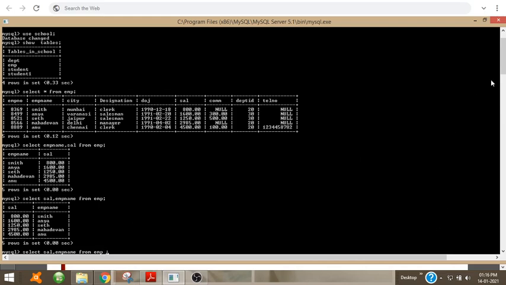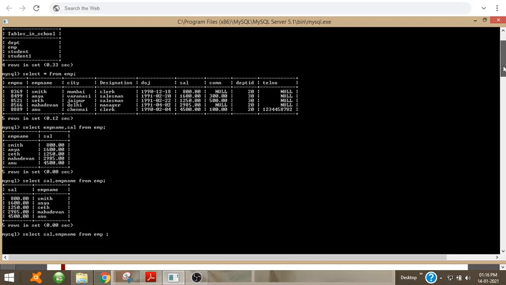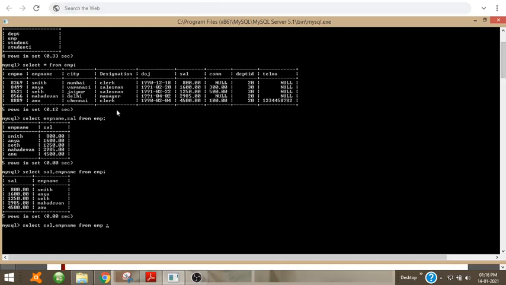So how will I write the query? Mumbai is in which column? In the city column. So I have to specify the where condition, because the employee should be from Mumbai. So I will give the where clause, where the column name, that is city, is equal to,